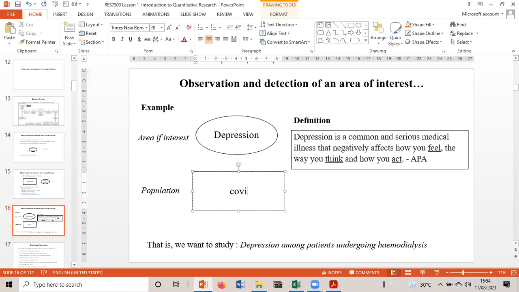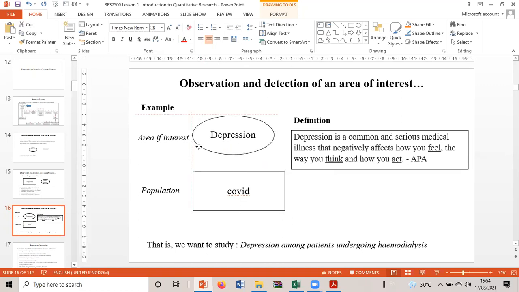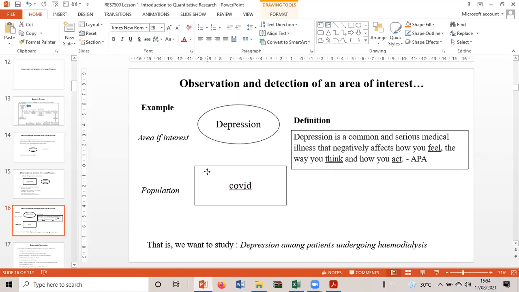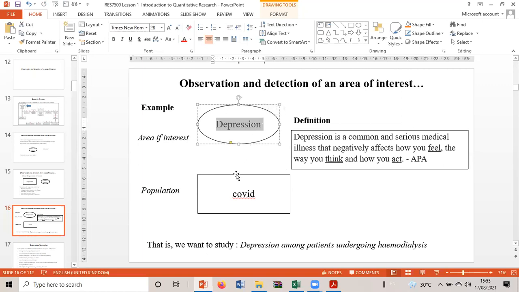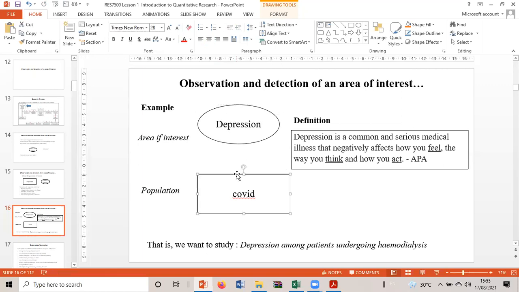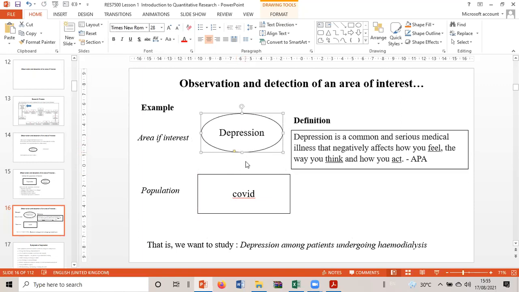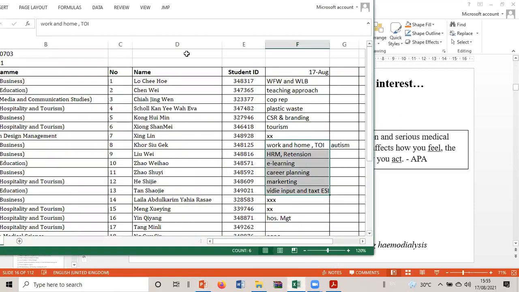You change that accordingly. But basically, I want to know this in whichever population. You can talk about work-life balance in which group of people. But first, we talk about this first. So, you're given the areas now.